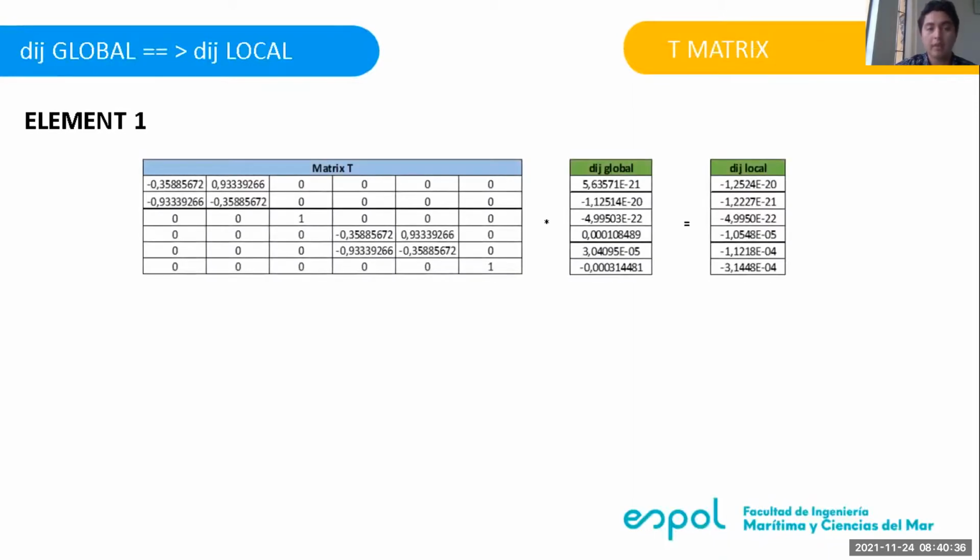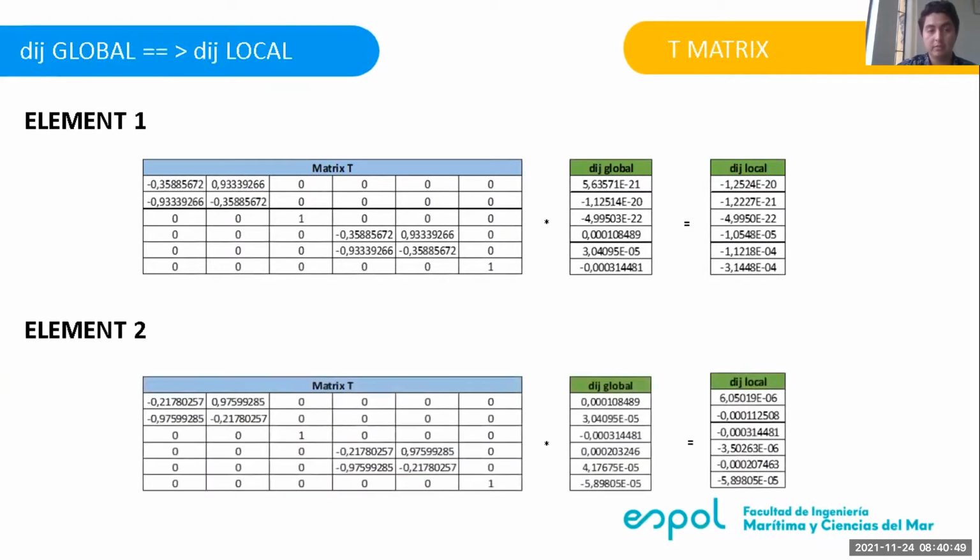We also have the transformation from the global to the local reference and the displacement. As we can see, the T matrix multiplied by the global displacement gives us the local displacement of element 1 and element